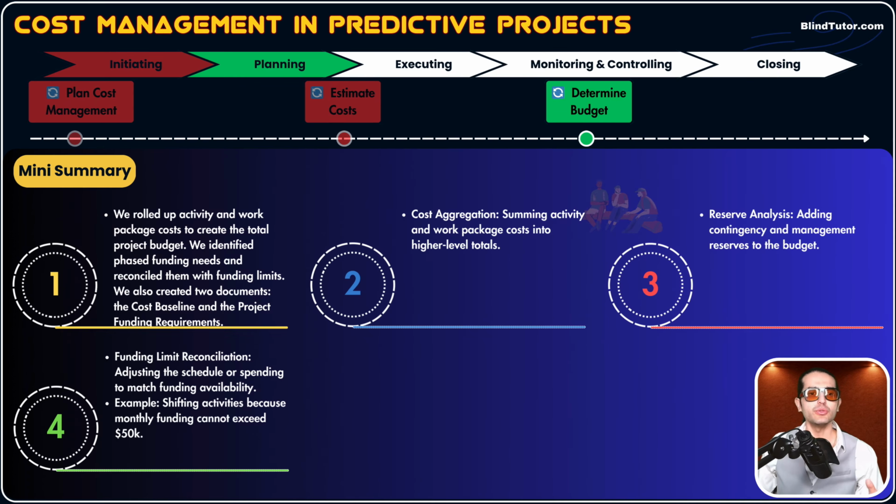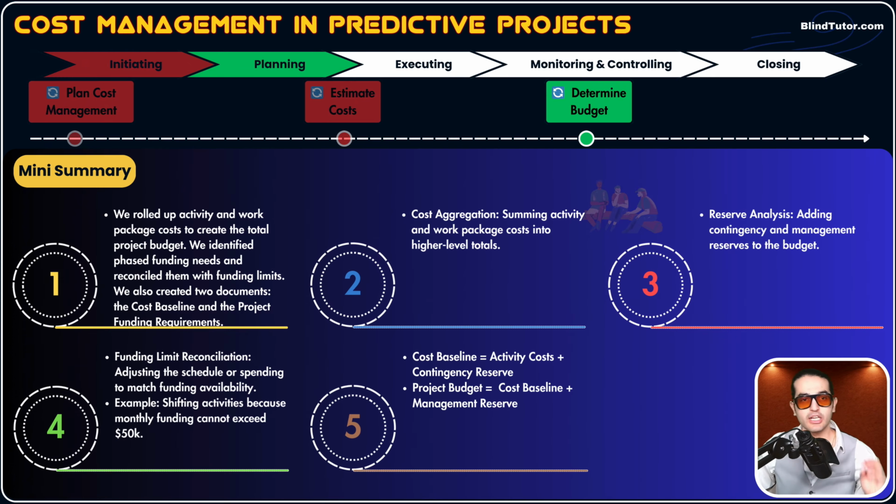What should you do? You need to reconcile. You need to apply a tool and technique called funding limit reconciliation. You need to adjust the timing of activities that should be done in that month and move them to later months to be within that cap. Awesome. As a result of reviewing different inputs and applying reconciliation, cost aggregation, and reserve analysis, we came up with